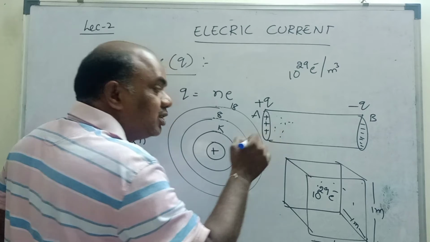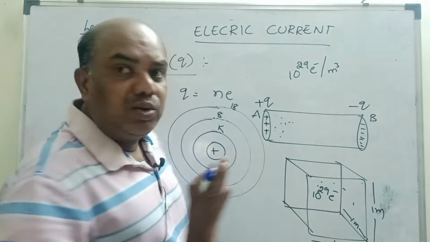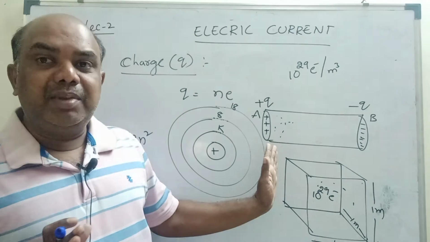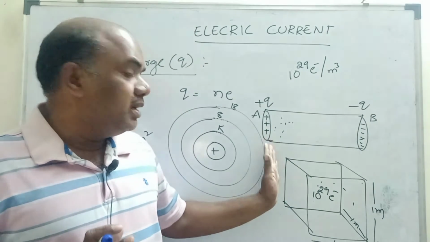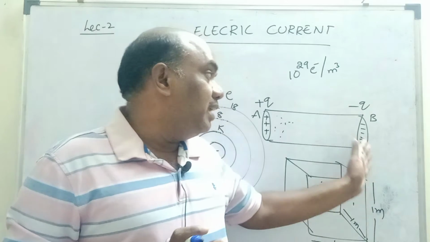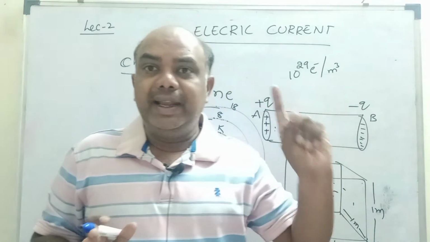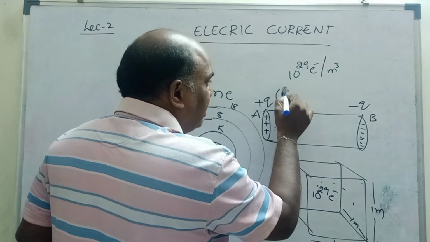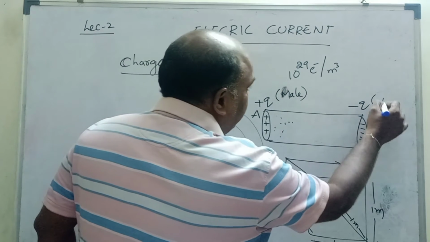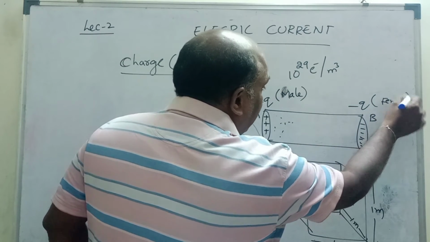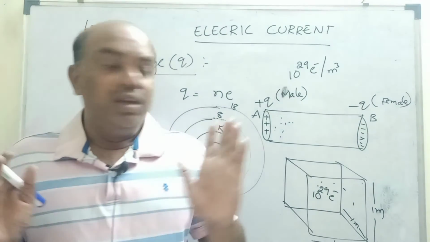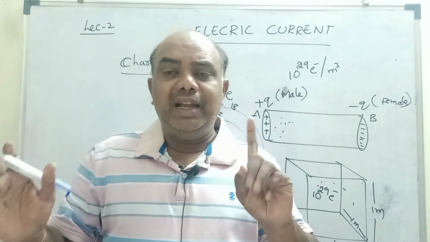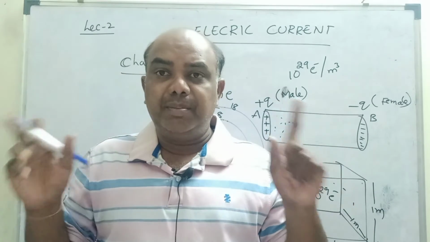Both are electrons only. Remember children, both are electrons only, but more number of electrons are present at one terminal, less number of electrons are present at another terminal. Where less number of electrons are present is called positive charge, where more number of electrons are present is called negative charge. We can also imagine this is male charge. In the first video I told you this is called female charge. Whenever male and female are present, then only current exists. If male sees female, female sees male, then only current exists. If two males or two females are present, current does not exist by nature.